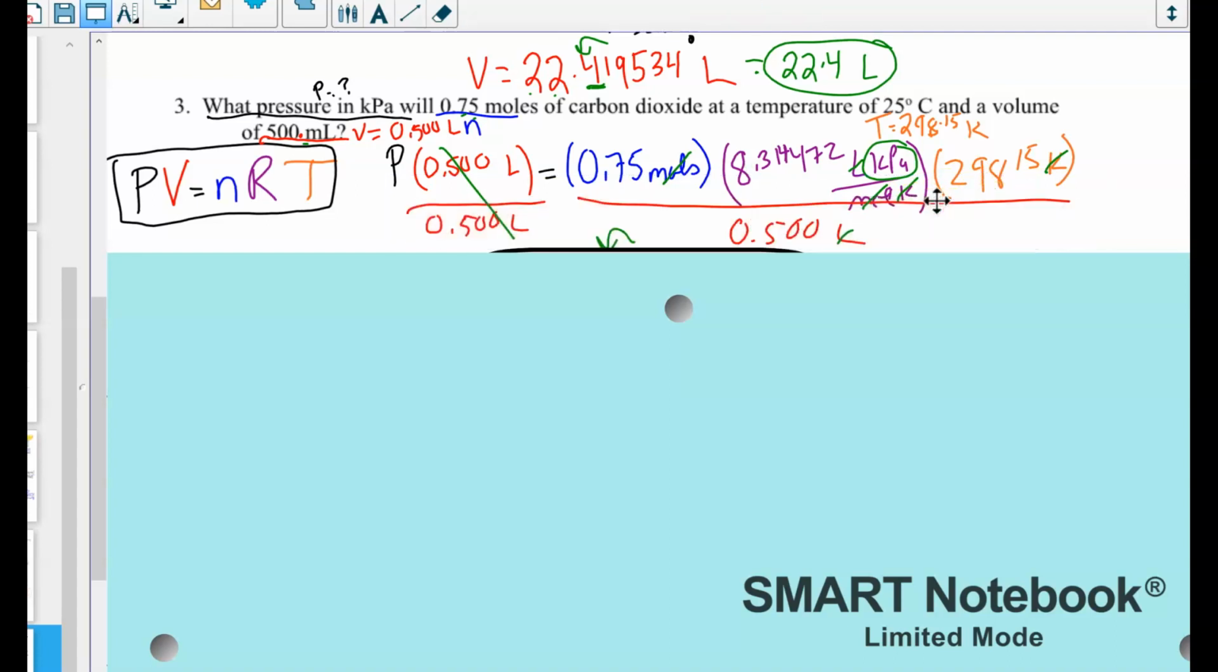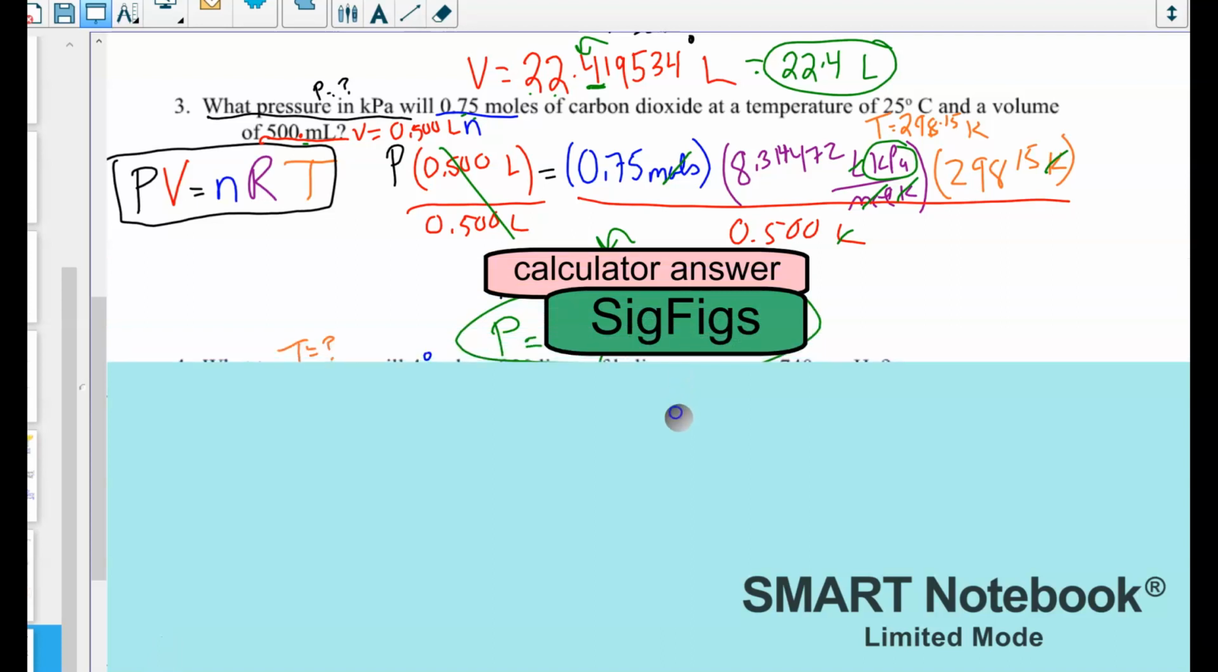So we're going to isolate and solve. That means on each side, we're going to divide by that 0.5 liters. When I do that, the liters cancels. The moles cancels here. Kelvin cancels here. And we're left with kPa. So that means the algebra is set up right. Really take the time to show your units canceling, because that will let you know if you've isolated and solved and set up your algebra correctly. When you do that, your calculator will tell you